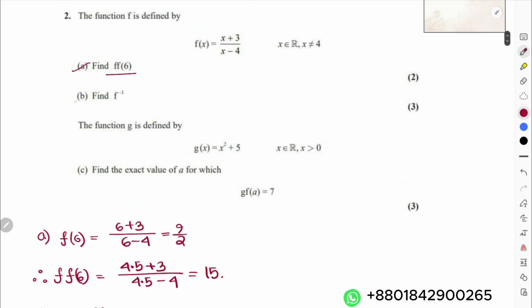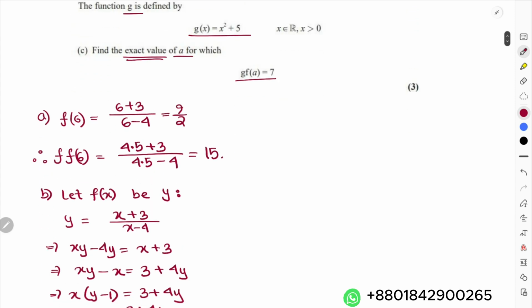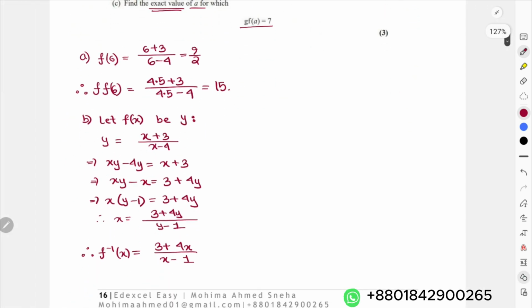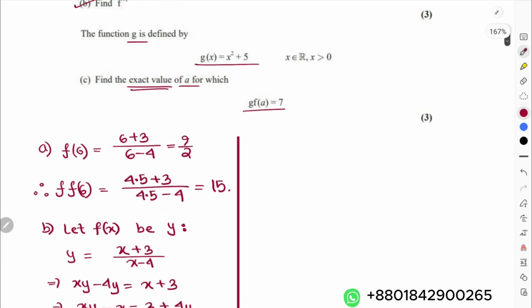Then again after this, they're asking that g of x is another function. And we want to find out the value for a. Exact value means your answer should be in the surds format, not in decimal. And this is the equation they have provided. g of f of a equals 7. For that again, I'll first separately calculate how much is f of a actually. So part C,